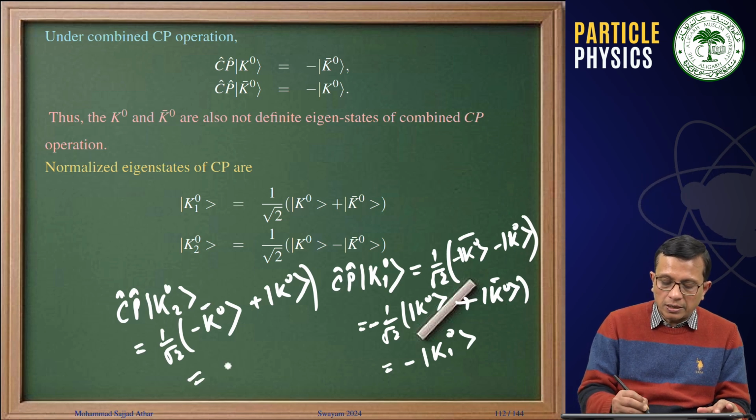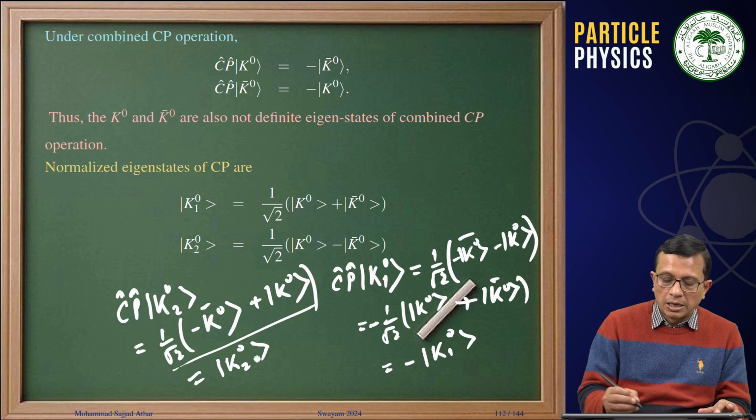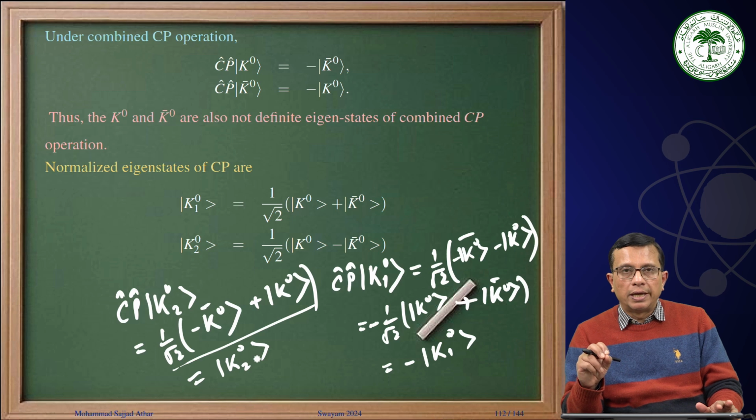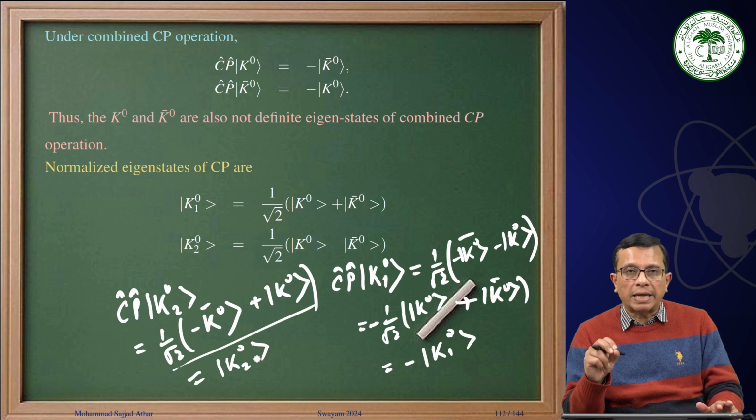This is 1 by root 2 (K0 minus K0 bar), and this is nothing but K20. Therefore, when CP is operating on K10, it is giving us a -1 eigenvalue, and K10 is an eigenstate